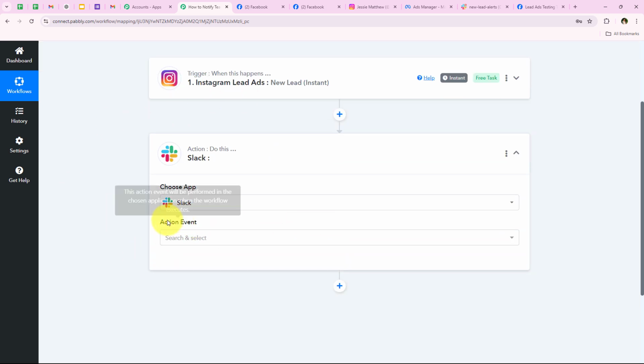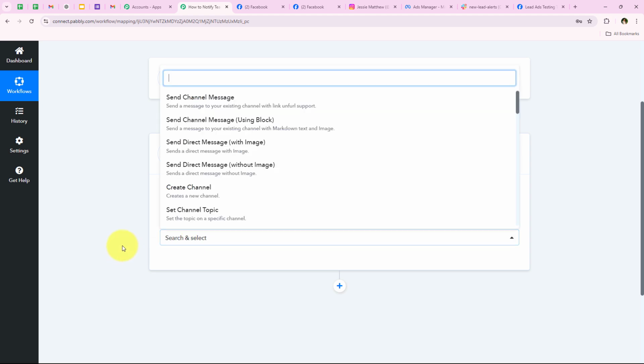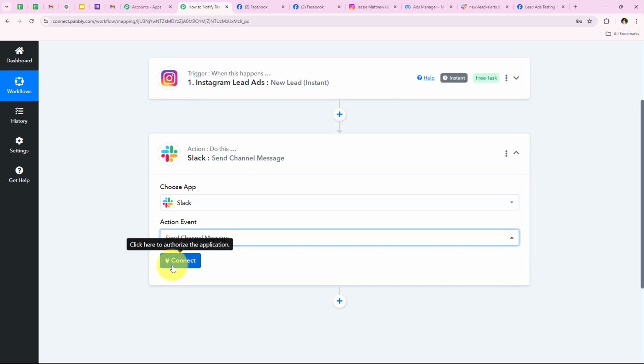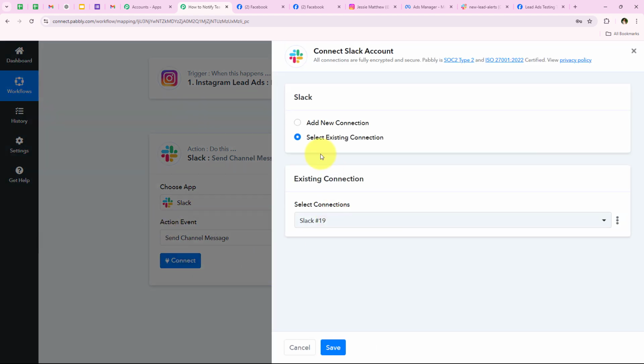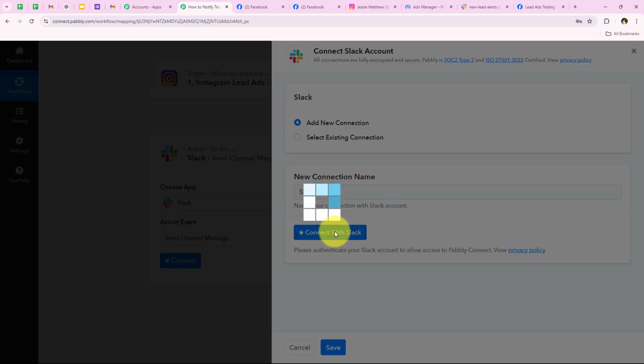So I'm going to search for Slack, and now we are going to select it, and now it is asking me for the action event. Over here I'm going to select the action event as send channel message. So I'm going to click on connect, and as soon as we click on connect, again it is asking me for the same. So if you have already connected your Slack account with your Pabbly workflow, you can click on select existing connection and then save. But if you haven't, you have to follow me, click on add a new connection